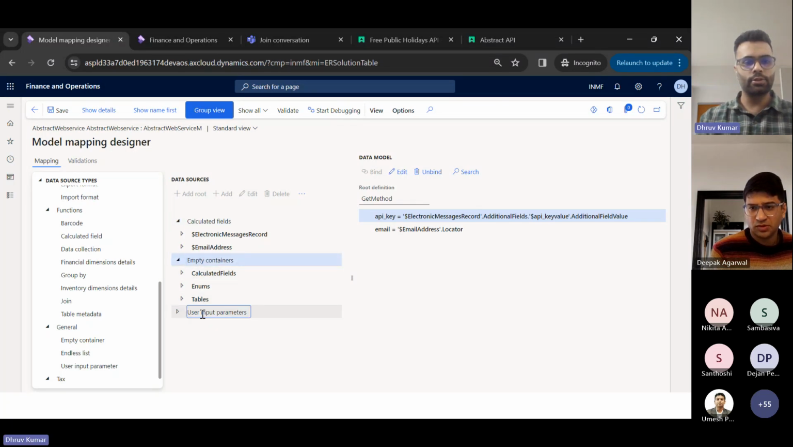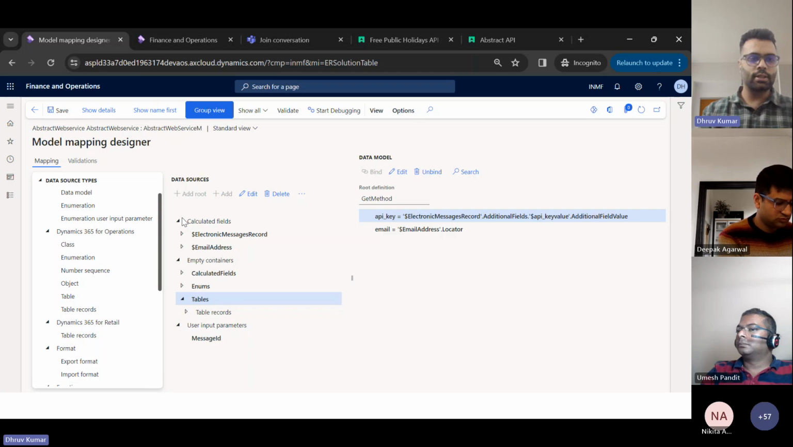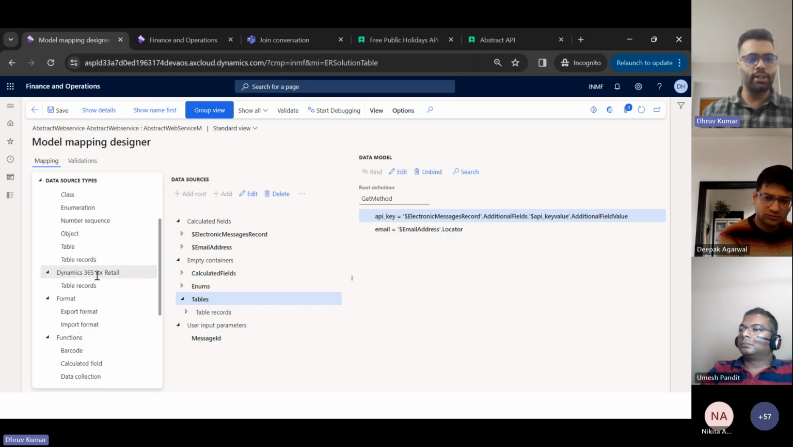Again, the user input parameter is coming by its object type. So first of all, I have added the tables. I created this empty container, and then started to add the tables. There are two things here. One is, do not focus on this retail part, otherwise you won't be able to find the correct tables. You have to just focus on the D365